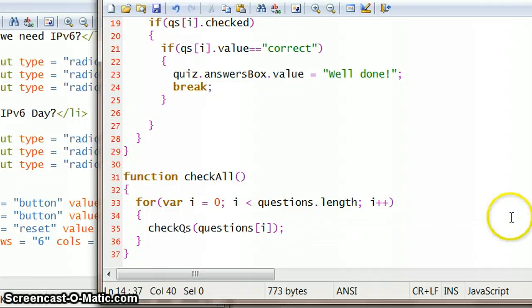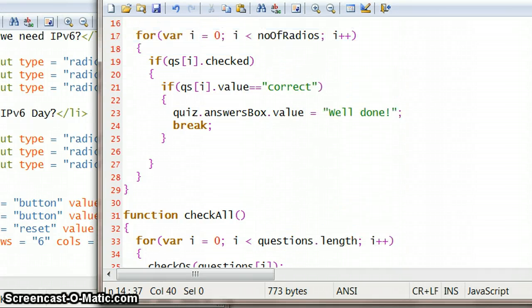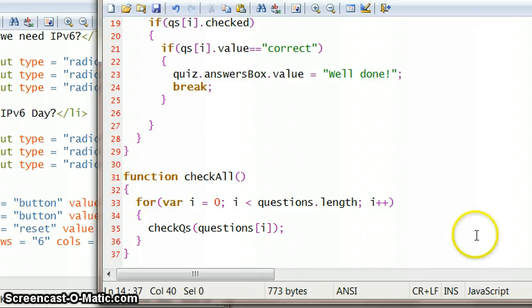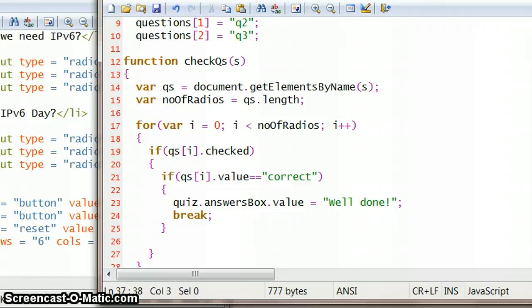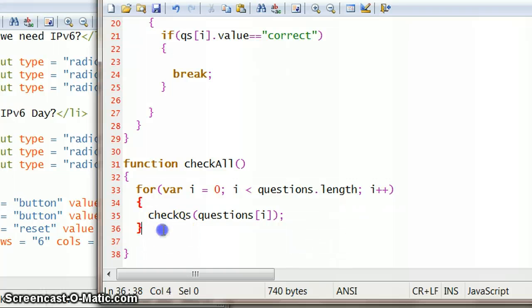So there's not really much left to sort out here. One of the things we're going to do is have this function display the answers rather than having this particular function display it. So I'm just going to take this quiz.value, take the whole of that line out actually and just bring it back to here, and then we'll make